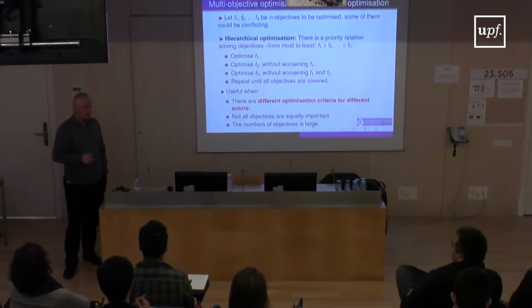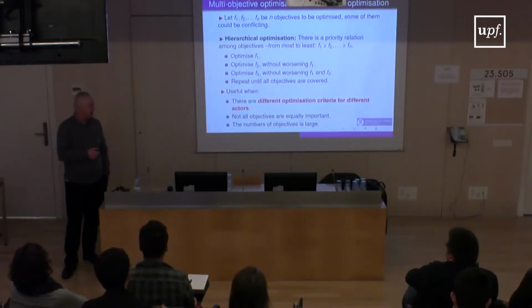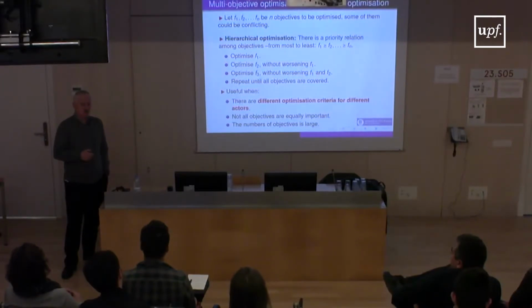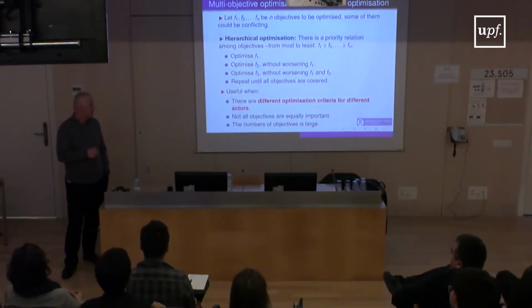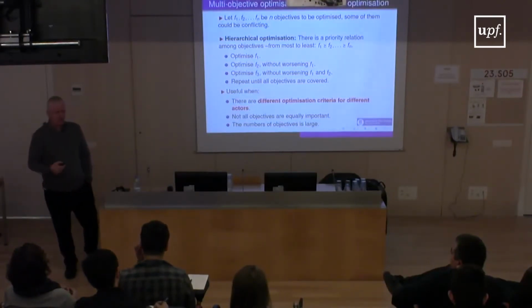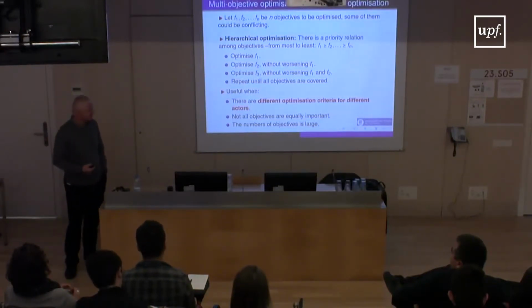And then it is easy to implement because you basically have a loop. It's also efficient because by moving from F1 to F2, you are reducing the neighborhood, since you are restricting to solutions that do not worsen F1. When you move to F3, you are restricting a little bit more, because you are reducing to all solutions that do not worsen F1, F2, and so on, right? So it's easy to implement, it's useful, it's efficient, and it's very suitable if you have one single optimization view,